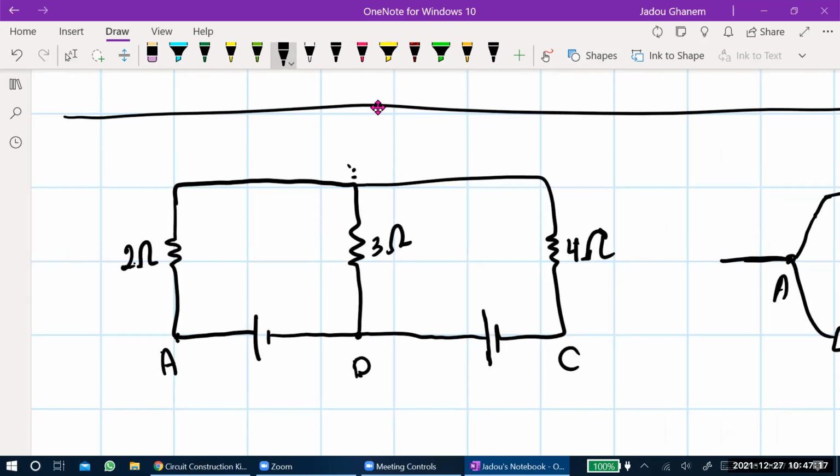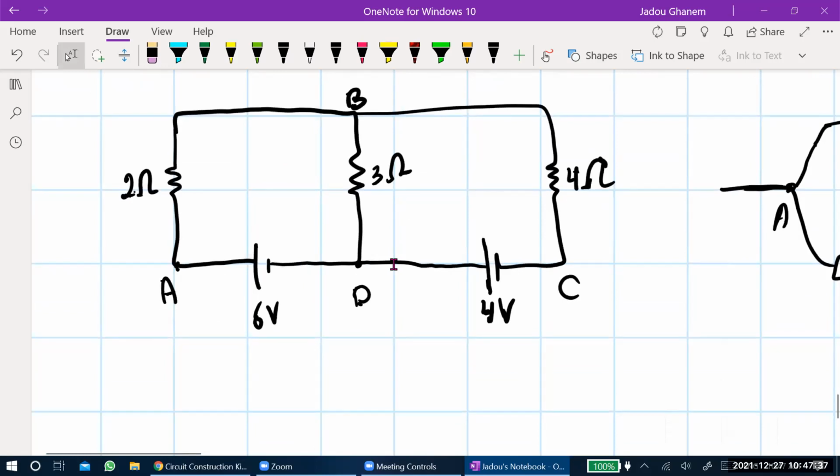Okay, let me just start with the first value. This is 6 volts. And this is 4 volts. All right. Usually they can provide you such a circuit that they can ask you to find the current in